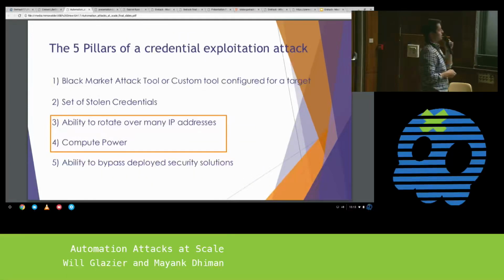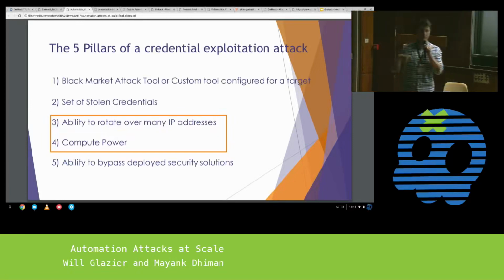And now we're going to talk about infrastructure. So we've gone through tools, credentials, and now it's on to infrastructure. And the reason I talk about these three things in tandem is because as an attacker, when you're testing out if these tools work,